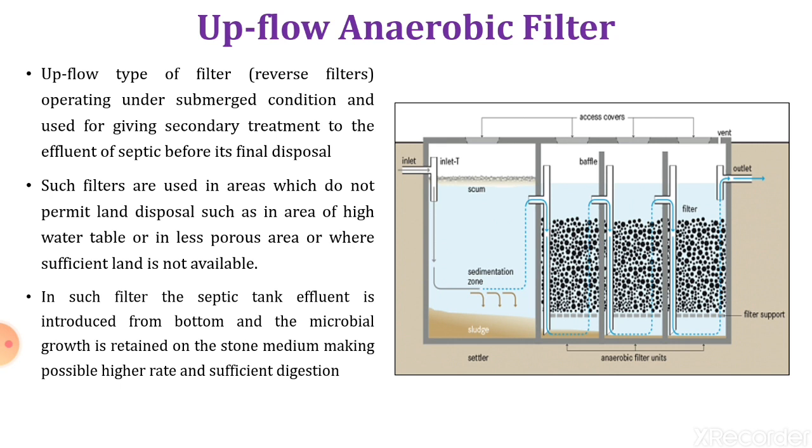In the first chamber, almost all the sludge, if it is present in the effluent, settles, and only the clear water will enter the filter. The effluent thus flows upward. As the level rises, it will come in contact with the stone media, whereby by the attached growth process, as in the trickling filter, the BOD and the organic matter are digested and decomposed, and thereby one by one it goes through each and every filter and water gets treated.